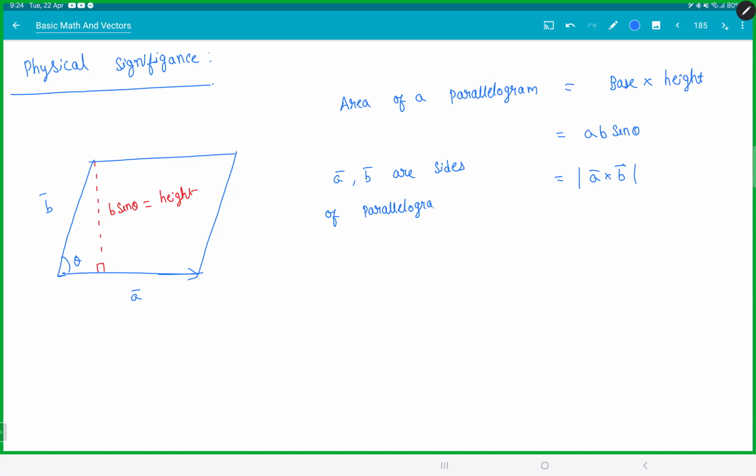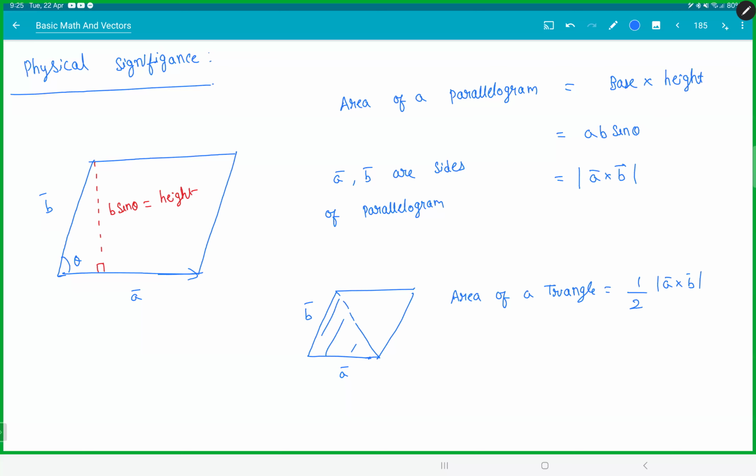So if you give me two sides of a parallelogram in vector form, I can give you the area of the parallelogram. Similarly, if I take only half of it, that is B bar and A bar, then I'll get the area of a triangle. So the area of a triangle is given by half of A cross B bar. So if you give me the two sides of a triangle, then